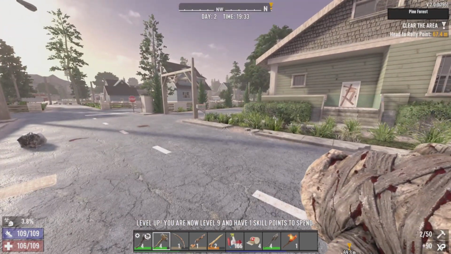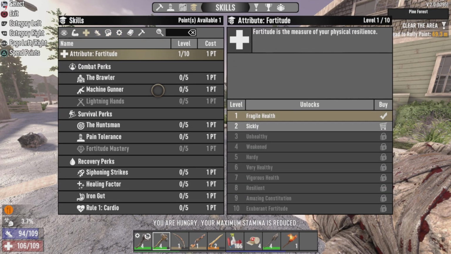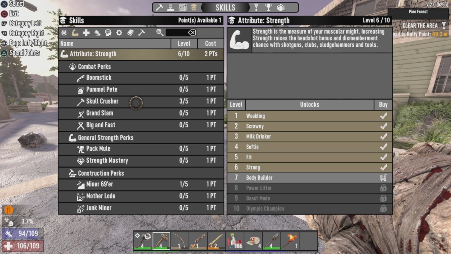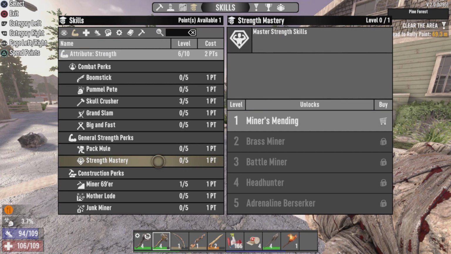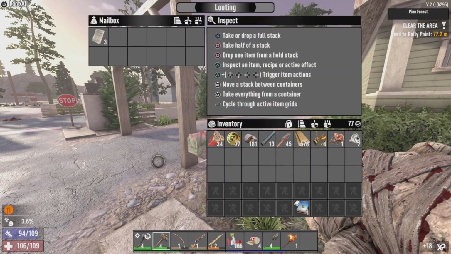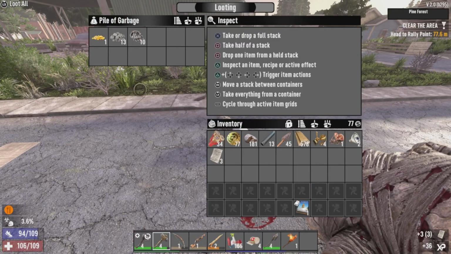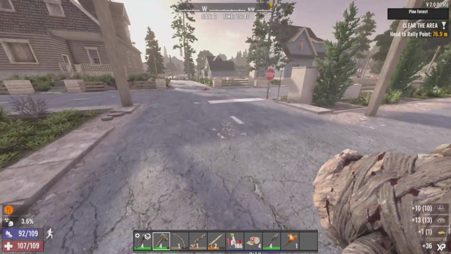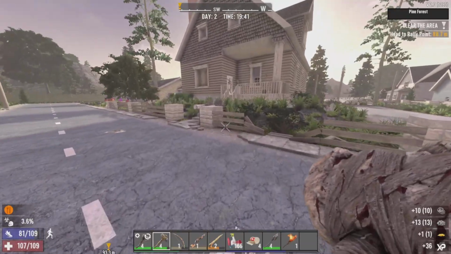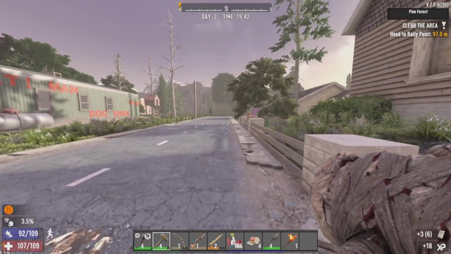Hey, level up. Got level 9, so I am looking a little hungry, but I'm cooking food at home. I'm not too concerned about it. We can invest a point into Strength Mastery, but that's for mining tool stuff and everything like that. I don't really want to get into that just yet. I would rather get up into the further levels, so...